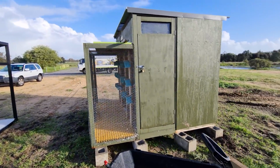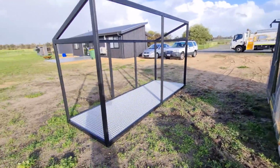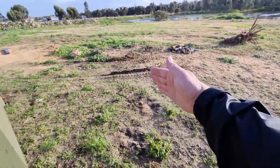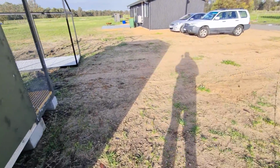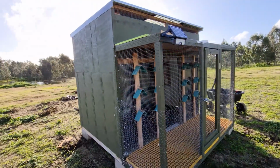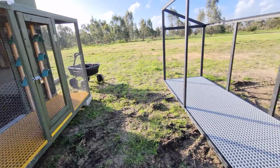We managed to get the loft in the new position, which is basically in my backyard. This will be a backyard all fenced off at some point. There'll be a fence that runs along the back here, and my shed will be all up here as well, and then we've got enough room here to build more lofts in the near future, hopefully. But we moved our little green loft here at the moment, and while they were moving it as well, I